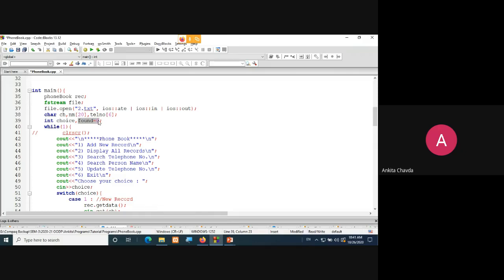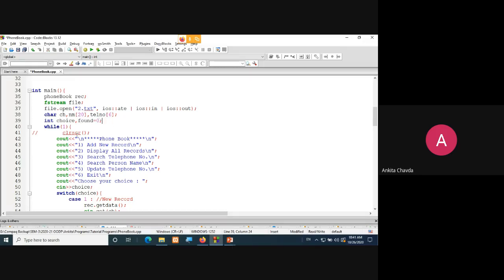If I get the name, I'll simply make found equals 1, because whenever you want to modify or search your content, you have to read all the data in sequence. The first record matching, no. Second record matching, no. Next, next, next. And whenever you find your contact number, at that time you set your flag equal to 1, whatever flag you have taken, and then you do the further procedure. For that purpose only I have taken this found variable.